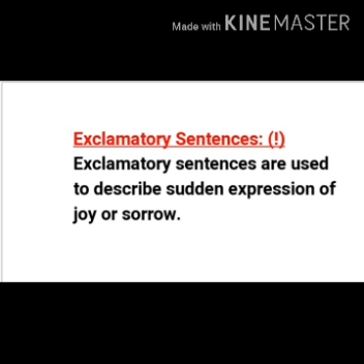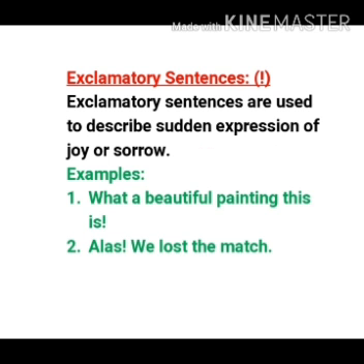The last one is the exclamatory type of sentence, and it is used when you want to bring out some emotions. They end up with an exclamation mark. For example, in the first example, suppose we omit what and frame the sentence like this is a beautiful building, then it means that you are just giving information about the building. But when you are saying what a beautiful building it is, then it makes sense that you feel delighted to